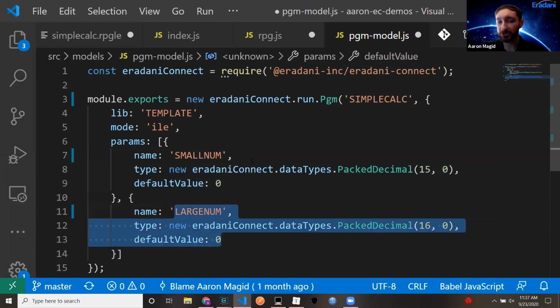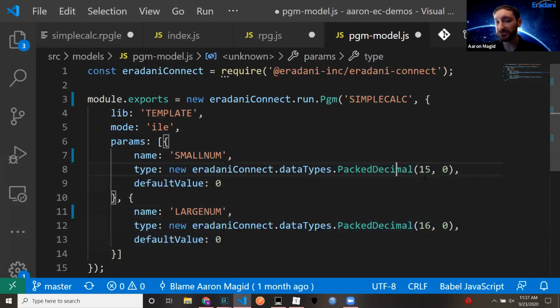We've got 2 parameters in this program. They're both packed decimals, one's 15.0, one's 16.0. And one of the points that helped our young developers work with this is that these specifications handle most of the communication on their own. So for example, this specification knows that these parameters are packed decimals, which means that in JavaScript, when you pass